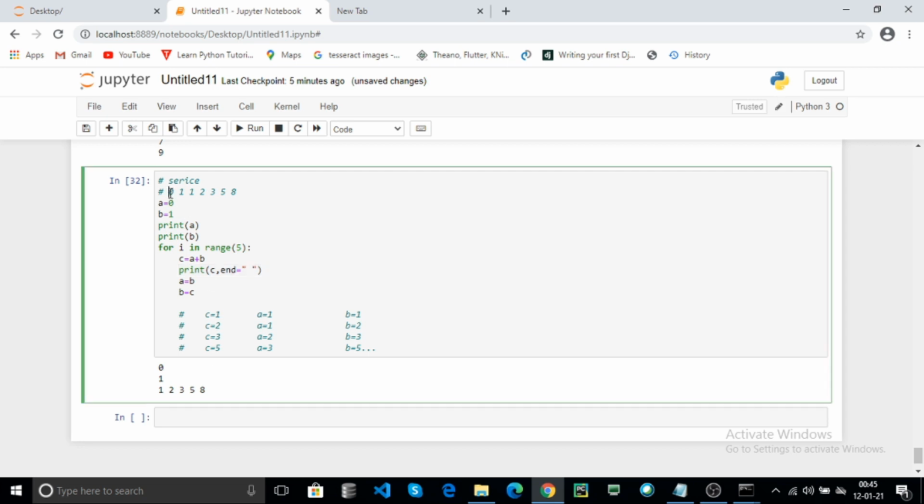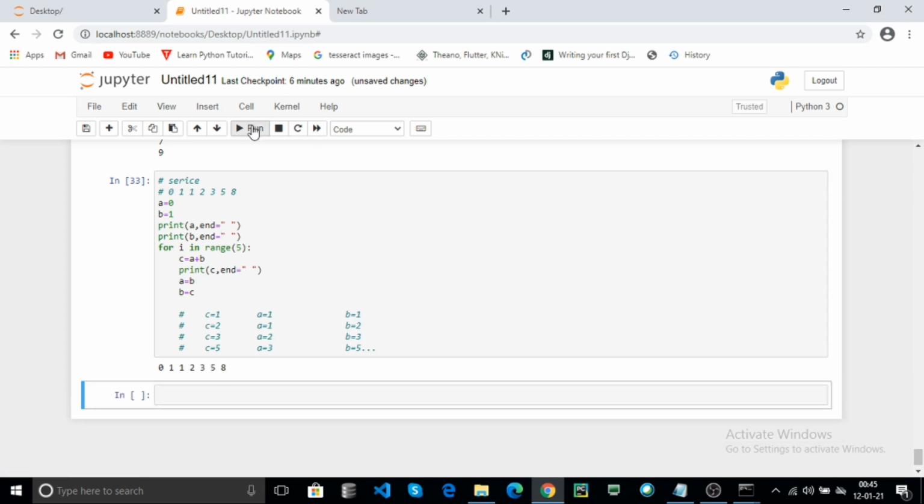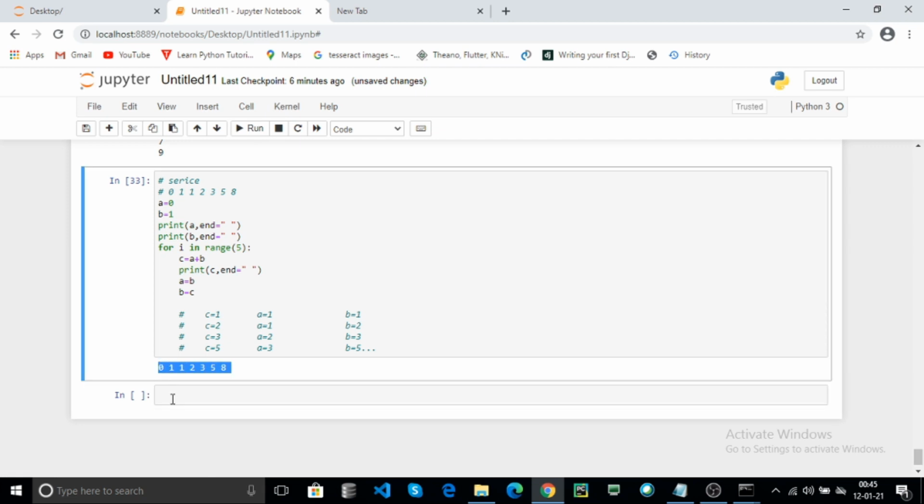After 0 comma 1 the data will be printed in sequence. You can also use end equal to space here, and all the data will be printed on the same line. Click on run. Here this is the process of for loops.